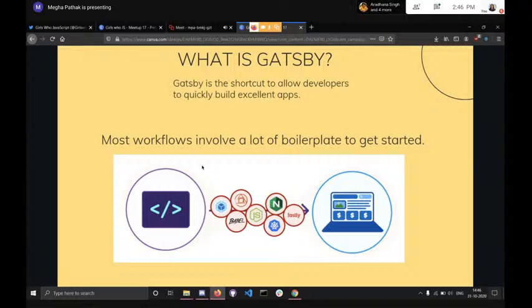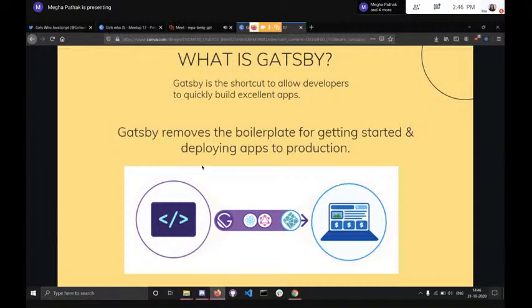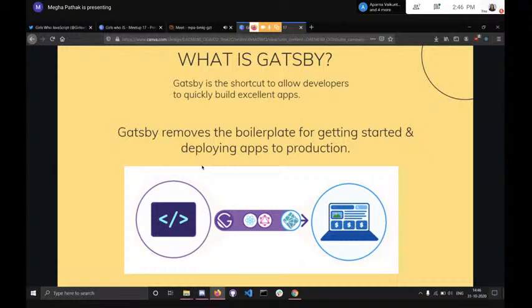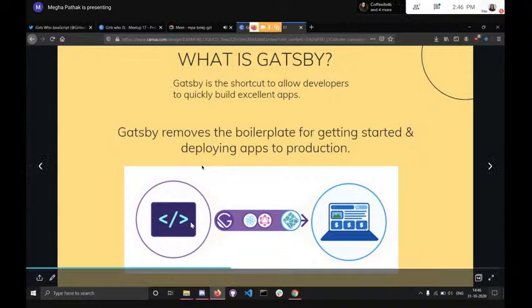If I tell you in the simplest terms what Gatsby is, then Gatsby is the shortcut that allows developers to build quick websites and apps. In Gatsby, the boilerplate looks something like this. You start with a Gatsby starter. Gatsby comes with starters and initial boilerplates, like we do with create React app.